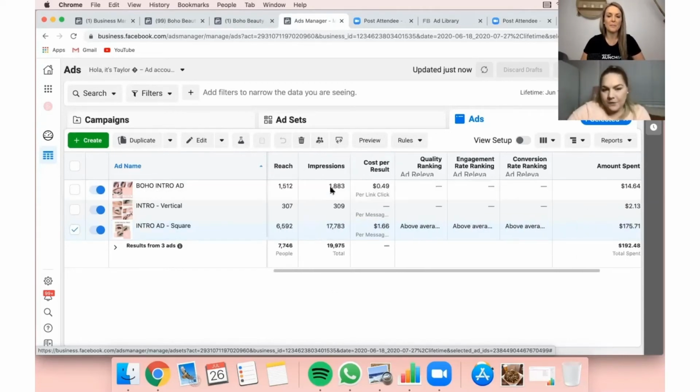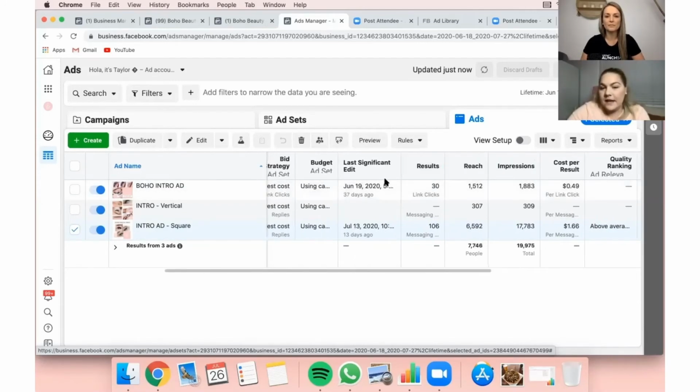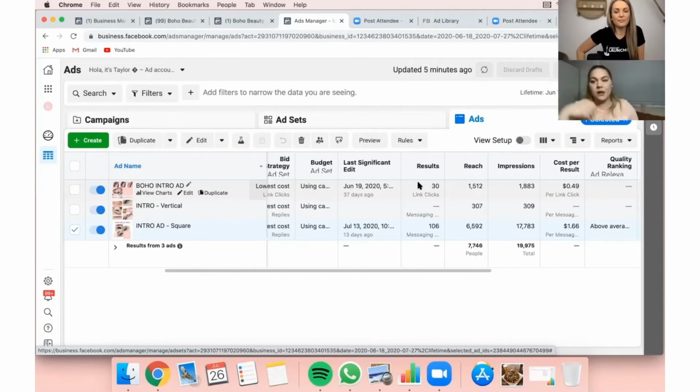So what I did was, if you have a look here, I got 30 link clicks, which was really good. Now, the difference in this ad and this ad was that those 30 link clicks were taking people to Square Bookings. And to book an appointment on Square Bookings, you have to put your credit card details in, to confirm the appointment, because they have a cancellation policy. So people were leaving it. Even though I was getting all the clicks, I wasn't getting any conversions. And so that's how you knew it wasn't performing.